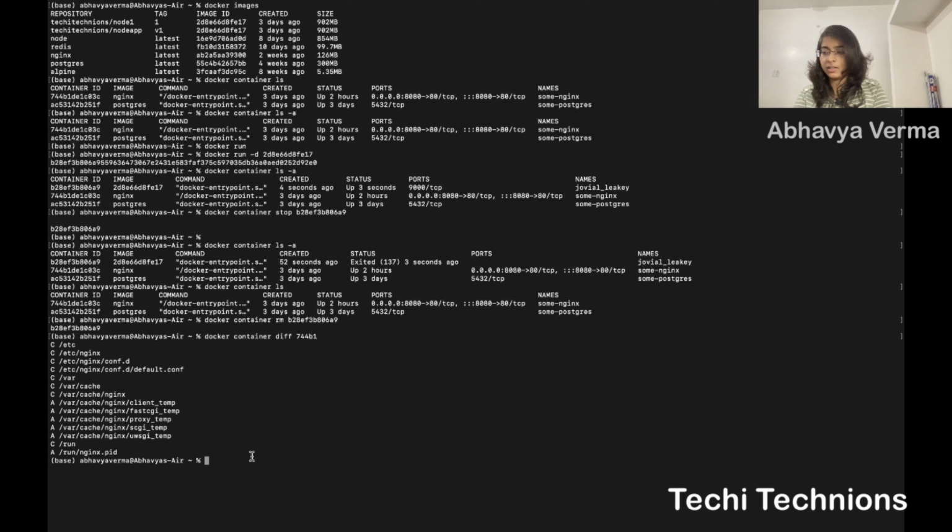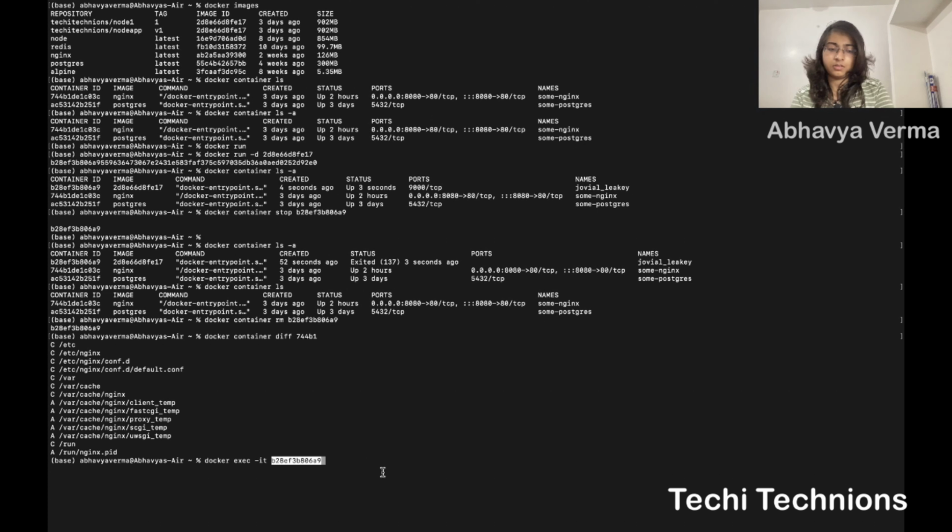Okay, the next command is exec. That means you can enter the running container and perform some actions there. So I will give docker exec -it, and then the container I want to enter, this one.